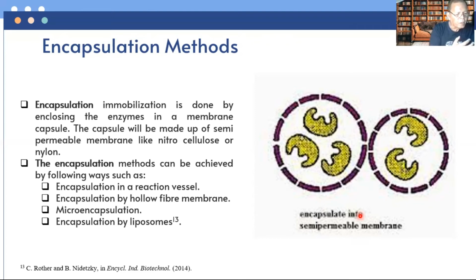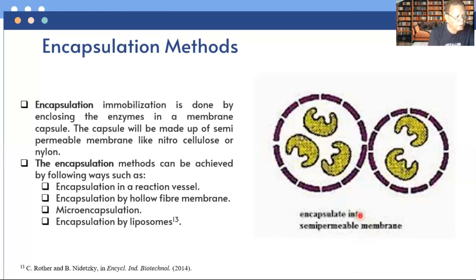It is the membrane confinement method. An enzyme is confined within the semi-permeable membrane of a capsule in an aqueous solution. This process allows the exchange of medium such as substrate and product, but not the enzyme. The effectiveness of encapsulation relies upon the enzyme stability. The encapsulation method can be achieved in the following ways, such as